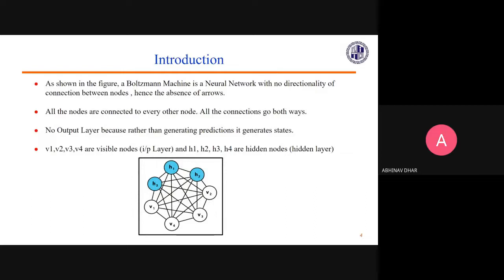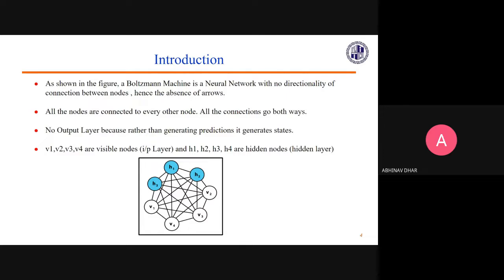Alright, as you can see, the below model is that of a Boltzmann machine. So, unlike other neural networks, which have multiple layers and have an input layer and an output layer consisting of input nodes and output nodes, a Boltzmann machine does not have that kind of structure. In a Boltzmann machine, all nodes are connected to one another, and we have only input nodes and hidden nodes.